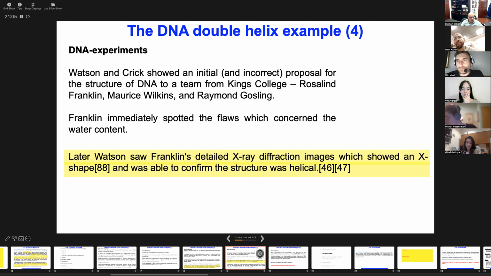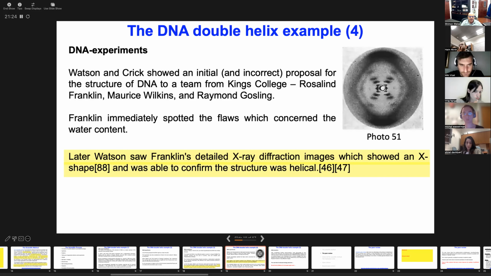But what I wanted to show you here is just how the front of knowledge is progressing based on the scientific method. So there was some hypothesis, experiments, calculations, confirmation, new questions, and so on. Here is the famous Photo 51. It's called Photo 51 because they tabulated all the data, and here you see that the diffraction pattern has that X. When Watson saw that X, he knew they had solved the structure because their initial mathematical calculation predicted that structure.